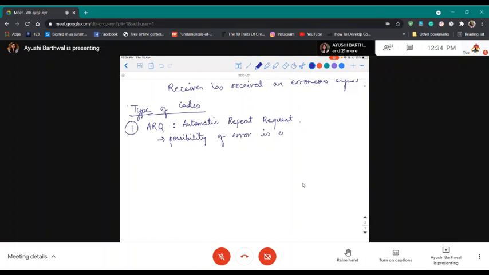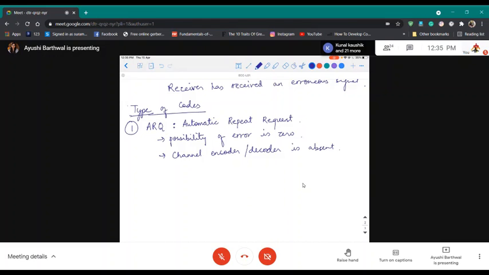So I'm talking about the final code words that are actually sent to the modulator. The possibility of error is zero in ARQ codes, and therefore we do not include the section of channel encoder and channel decoder. The channel encoder or decoder in such type of codes is absent.